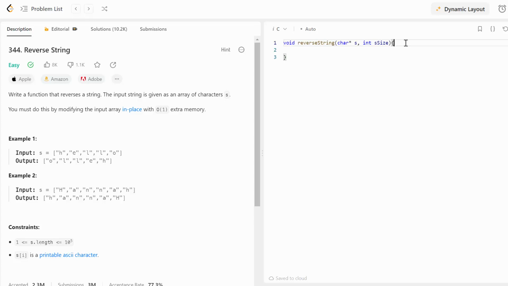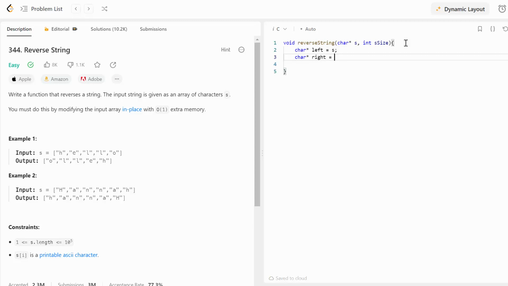And since C is an ideal language to use pointers, we're going to use two pointers and implement a while loop. So first let's create our left pointer that will point to the beginning of our string, and then let's create our right pointer that will point to the end of the string.